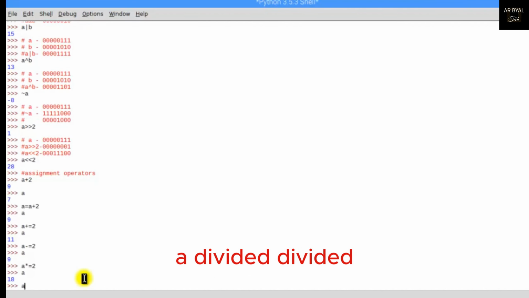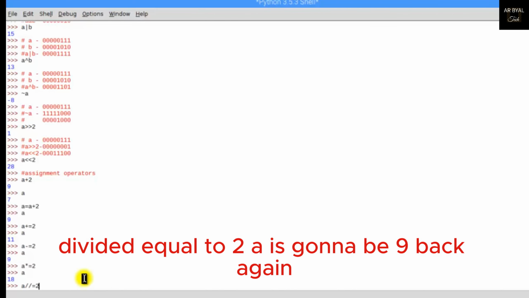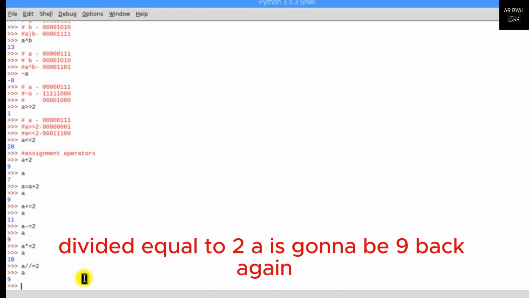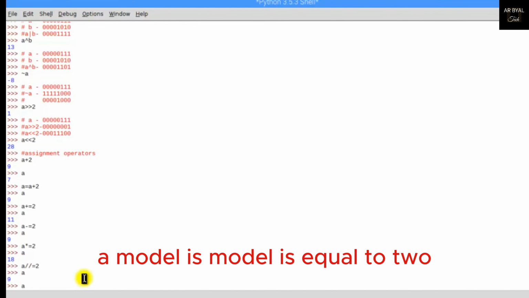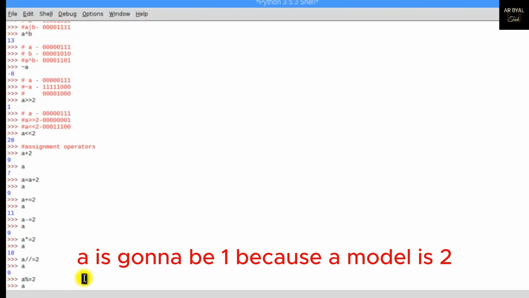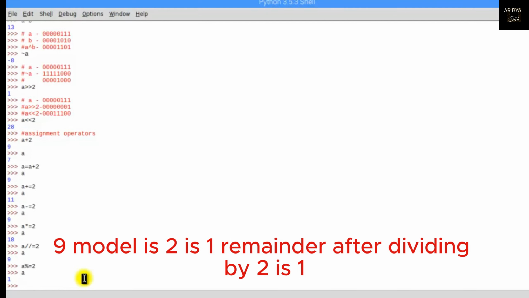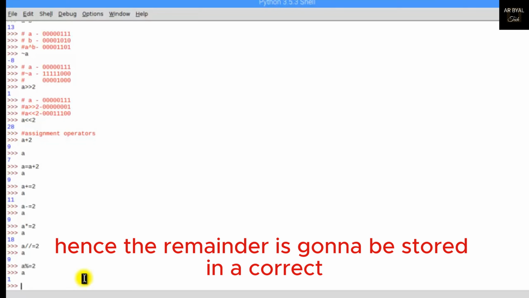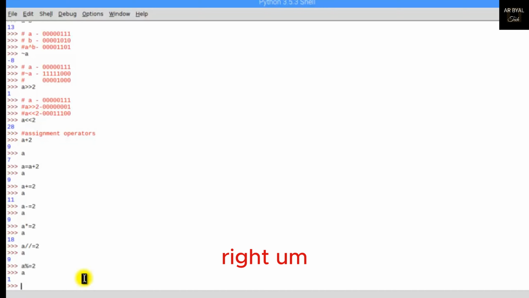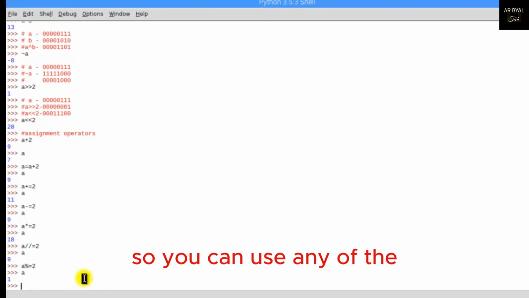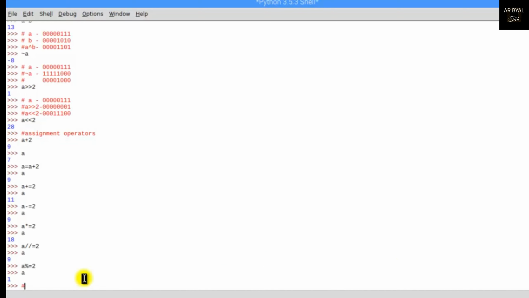Okay, A divided equal to 2, A is going to be 9 back again. A modulus equal to 2, A is going to be 1, because 9 modulus 2 is 1. The remainder after dividing by 2 is 1. Hence, the remainder is going to be stored in A, correct? Right. So you can use any of the